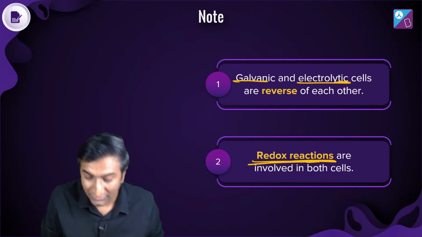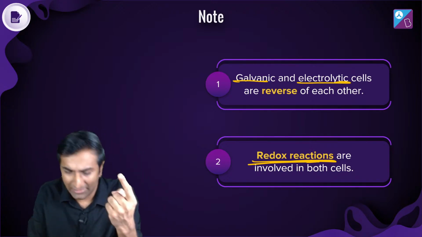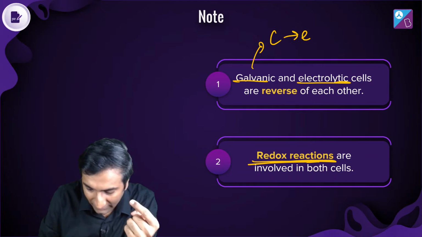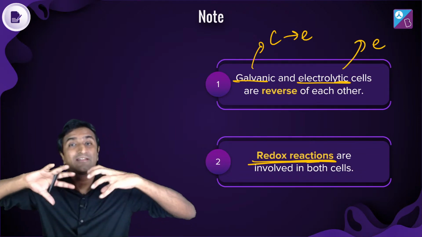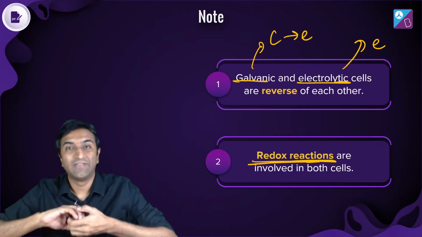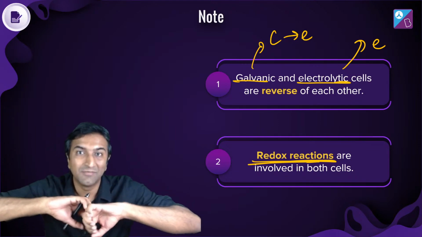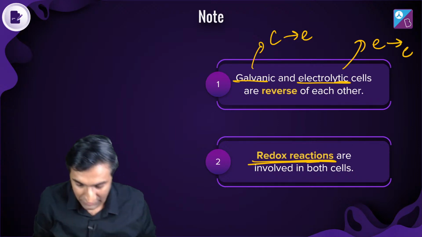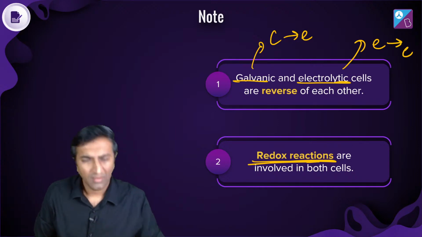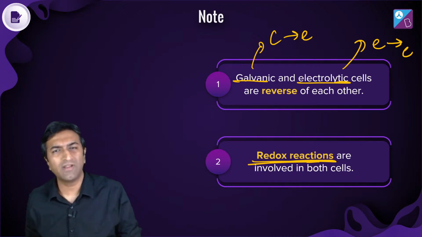But in both electrolytic and galvanic cells, what was galvanic? Chemical to electrical. What is electrolytic? Electrolysis, because of electrons, because of electricity, things breaking apart, chemicals breaking apart, right? So electrical energy to chemical energy. So now what does this mean? What does all this mean?